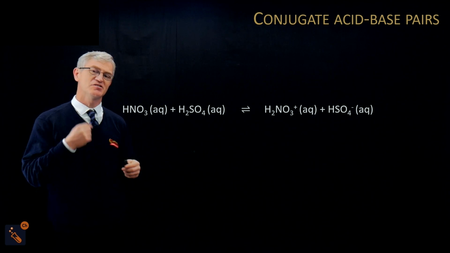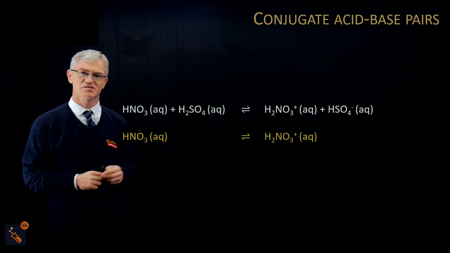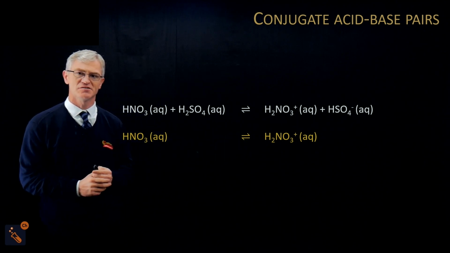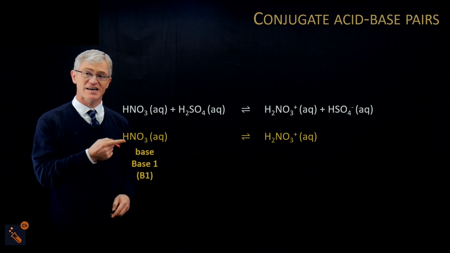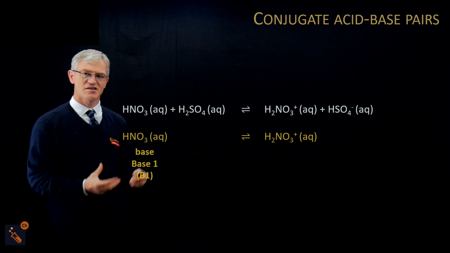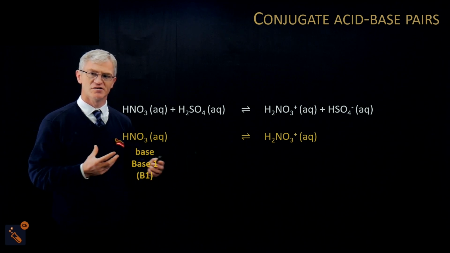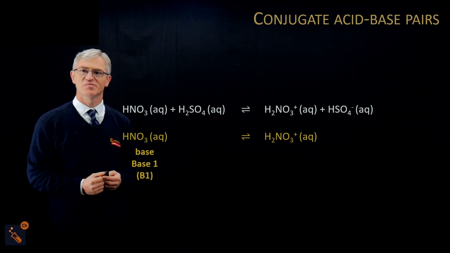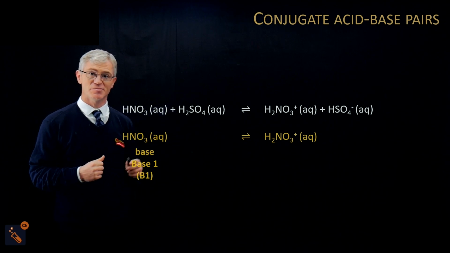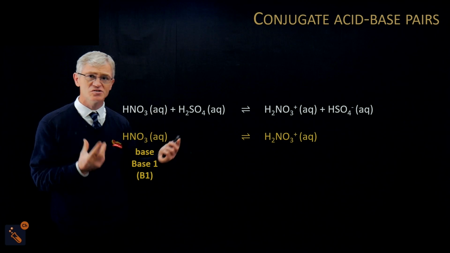Now let's split it up into what the individual parts are doing. So we can see here that the HNO3 is going to H2NO3+, and we know that that's acting like a base. Now you notice I'm putting in this labeling of base 1 or B1, okay? Because I'm labeling that as the first set of acid-base pairs, okay? And this is our conjugate acid-base pairs